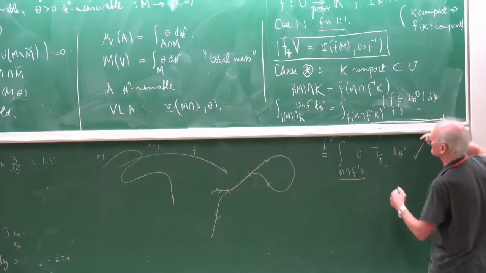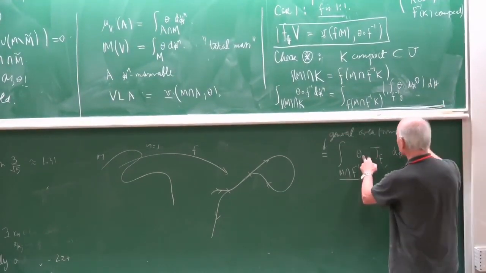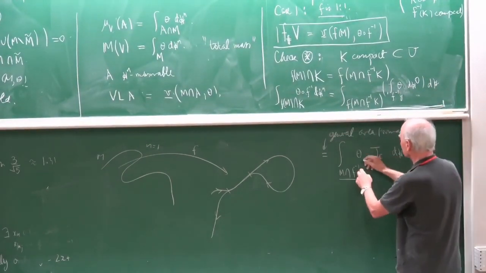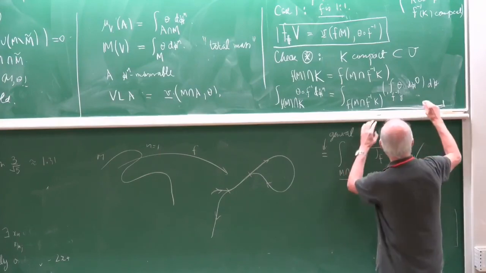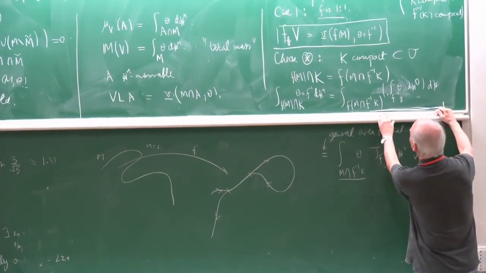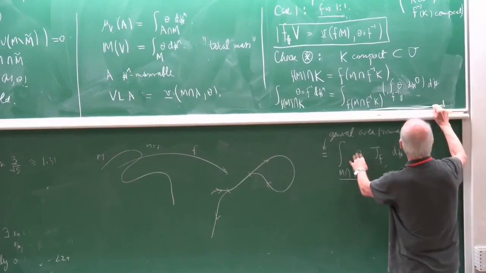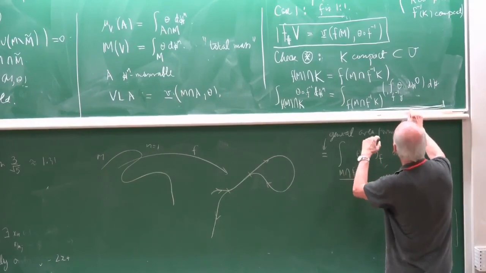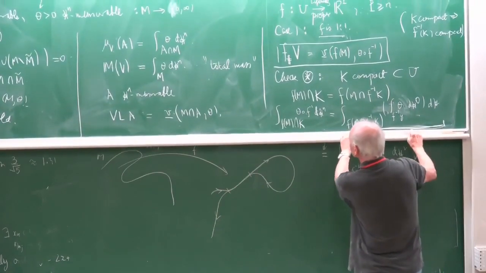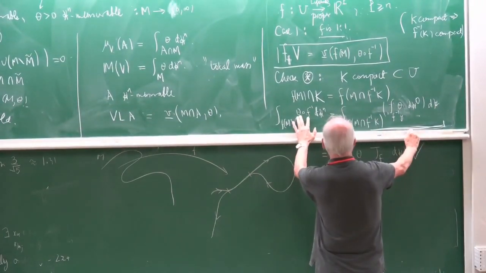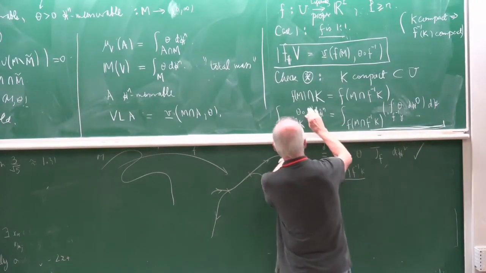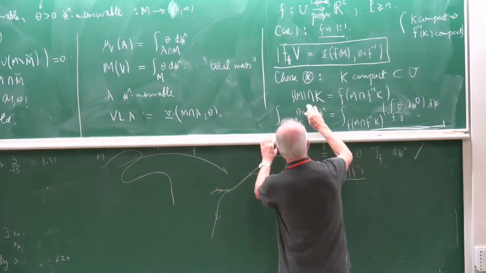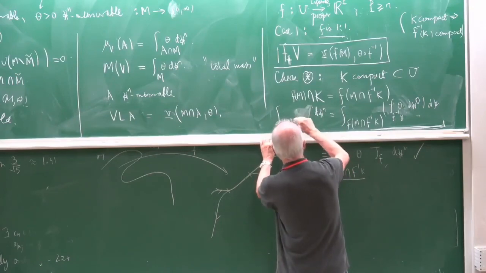So that would again give us theta Jf. So instead of this guy, if we want to keep track of the measure, we should take theta tilde,